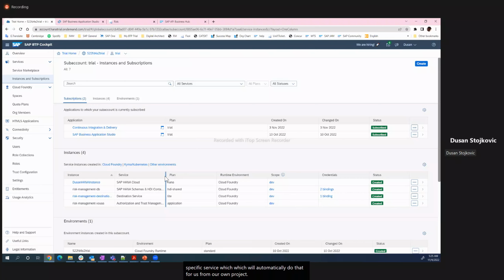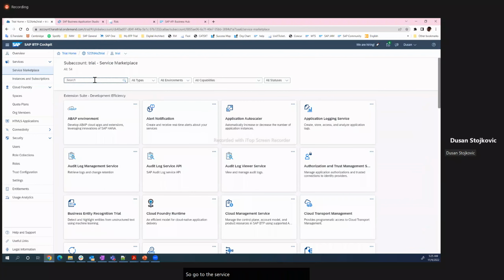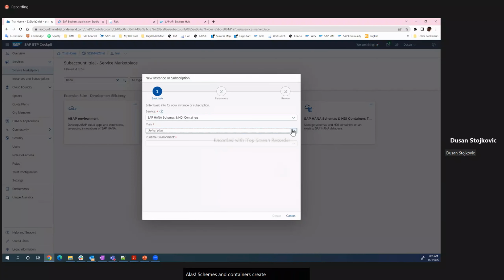Again, this one gets activated from the services marketplace itself. So go to the service marketplace. Again, just type in HANA schemas and containers, create. The plan over here is HDI shared, the one that you need for this specific instance. The others are